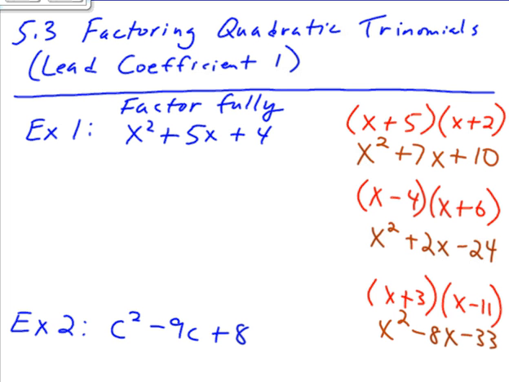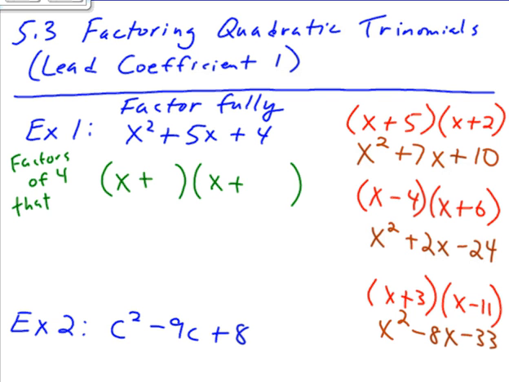So let's look at this first example. We have x squared plus 5x plus 4, and we want to factor this completely. One thing I want to tell you is, to determine the numbers I'm going to have, when I say factoring, I know that what's going to generate the x squared? Yes, x next, right? I have addition everywhere, so we know that's going to be plus and plus. Now, what's going to go in these empty spots right there? It's going to be the factors of 4